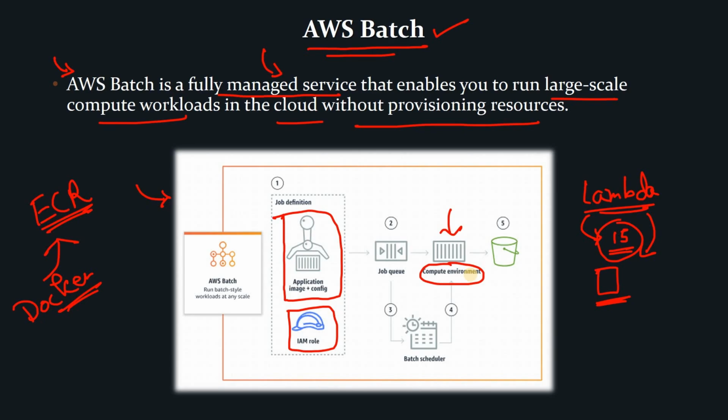Okay, then we should have something called compute environment in AWS Batch. This compute environment can be EC2 or AWS Fargate. Apart from that, we will be having a job queue. Here we can prioritize or queue our jobs, and based on the FIFO manner, the jobs will be submitted in our compute environment. Maybe its responsibility is writing the data in some S3 location, or maybe it can interact with DynamoDB or any sort of other services. It can send the data or read the data, etc.